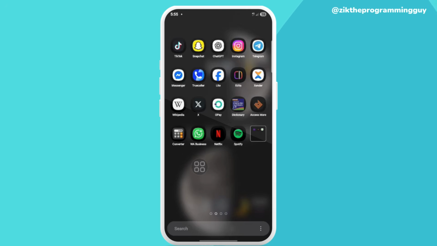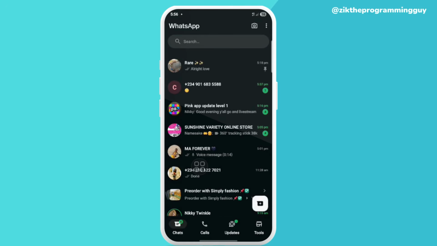So in order to enable it in your WhatsApp Business, because when you download it you might not find it there, I'm going to walk you through how to actually enable that. The first thing you have to do is click on the WhatsApp Business app. Right here you can see this is my WhatsApp Business app. Then you have to click right here, these three dots above your screen,